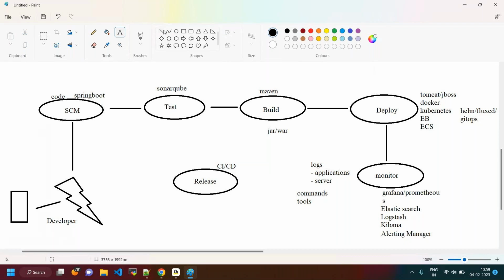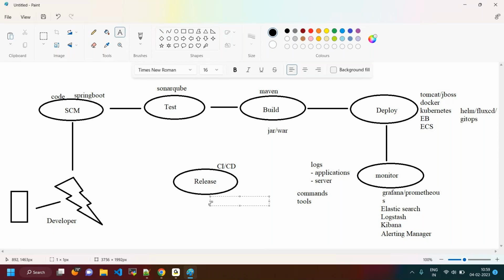For CI/CD tools, we have different things. We can use Jenkins as a CI/CD tool, or GitHub Actions, or GitLab pipelines, or Azure pipelines, or AWS CodePipeline, or Bamboo, or TeamCity.